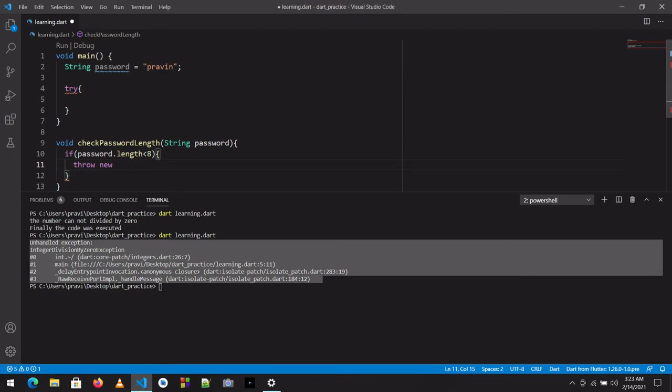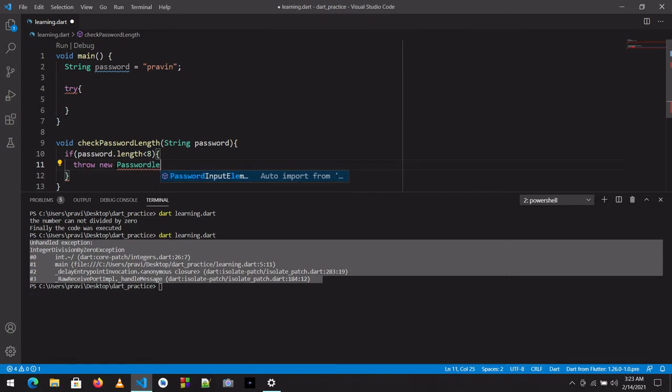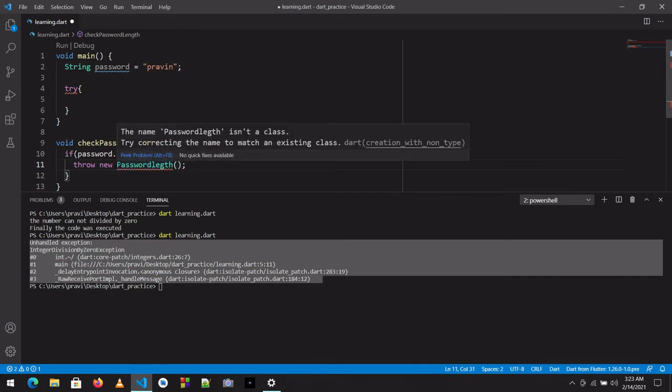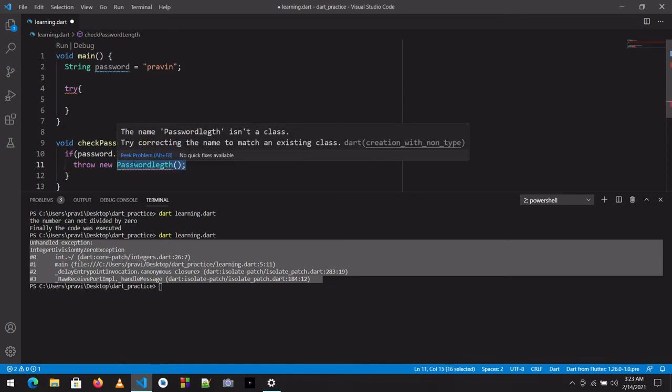So I am throwing a new exception, which is a custom exception. I will make a custom exception, password length. Now what is password length? Here is the new custom exception I am creating, and this is actually a class name.